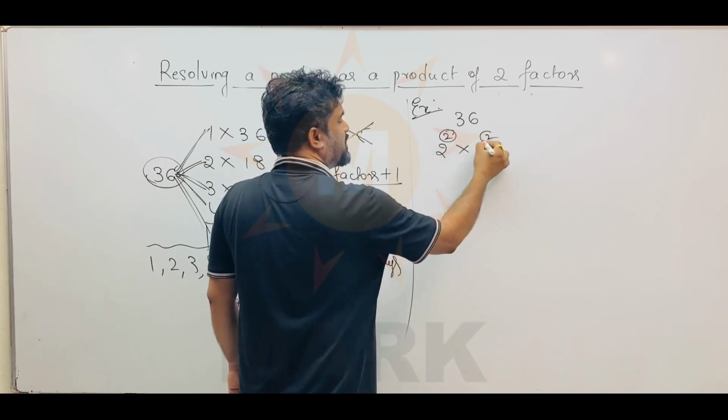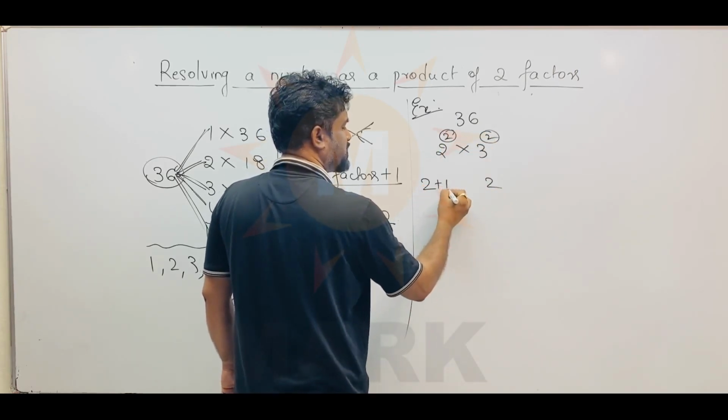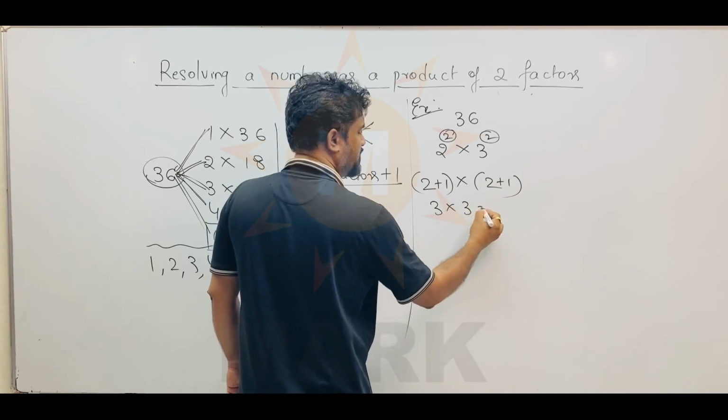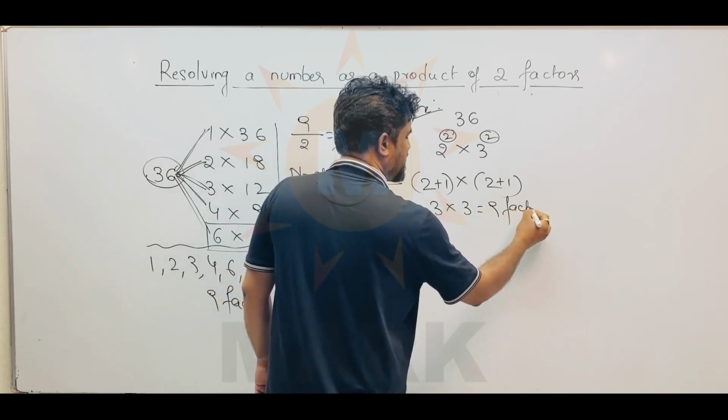Okay, then I take these numbers, 2 plus 1 plus 1. This is 3, this is 3. 3 into 3 is equal to 9. So 9 factors are there. Since it is a perfect square number,